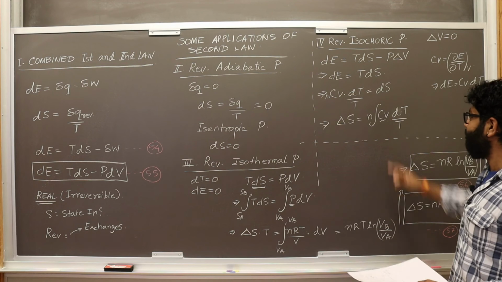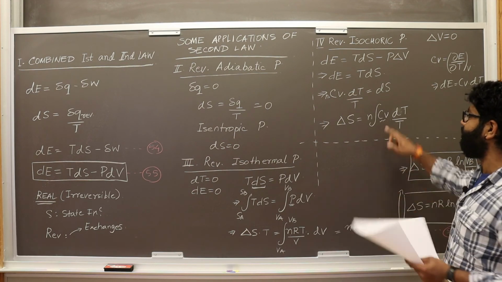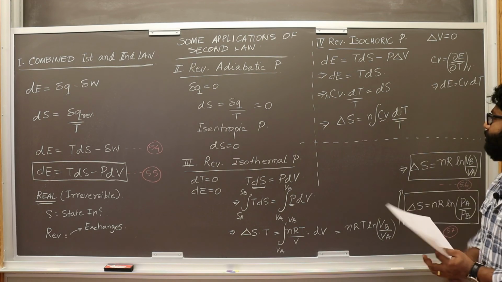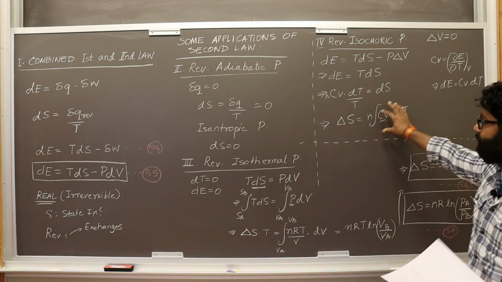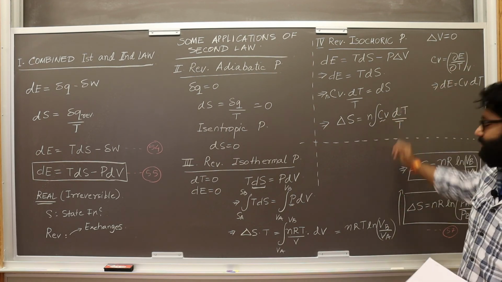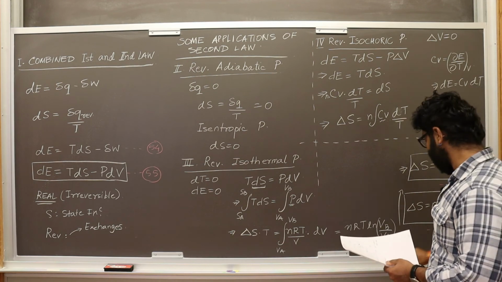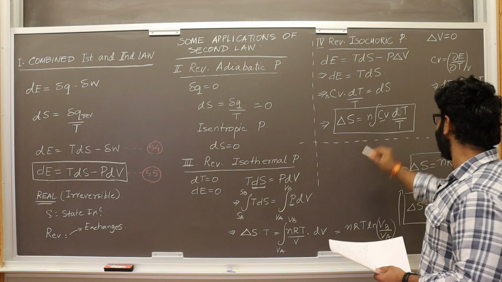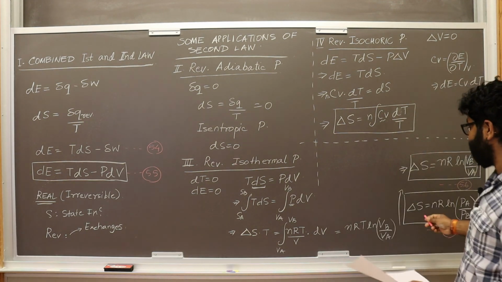But for now, we cannot assume that CV is a constant, therefore we cannot take this out because CV is actually dependent on the temperature. So whatever that dependence is, you just bring in that dependence and then do the integration, and then this becomes the amount of entropy change,